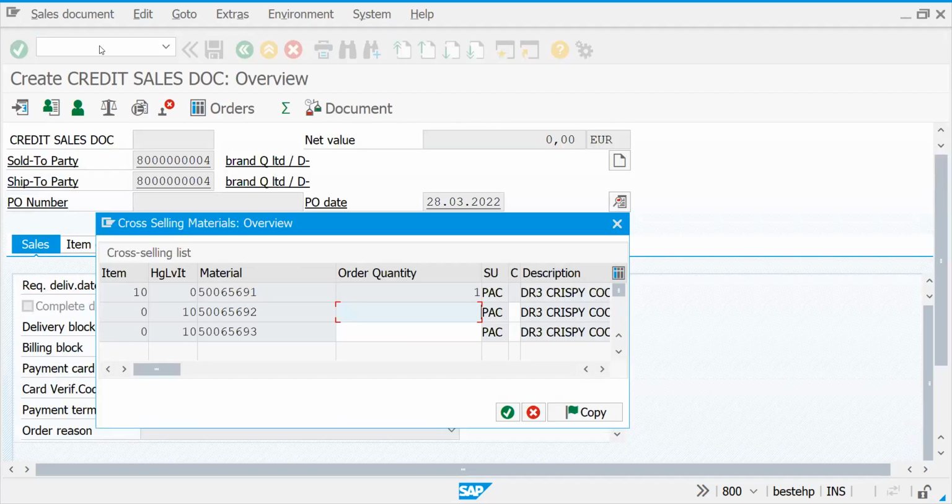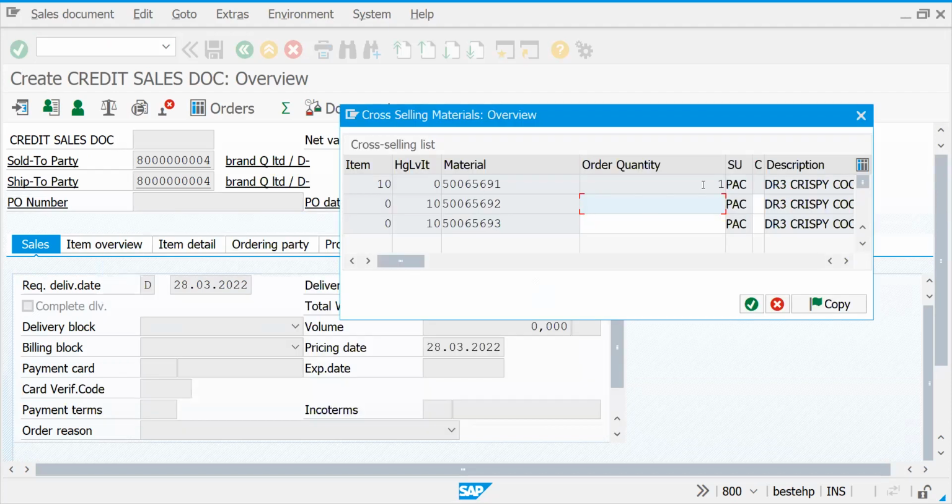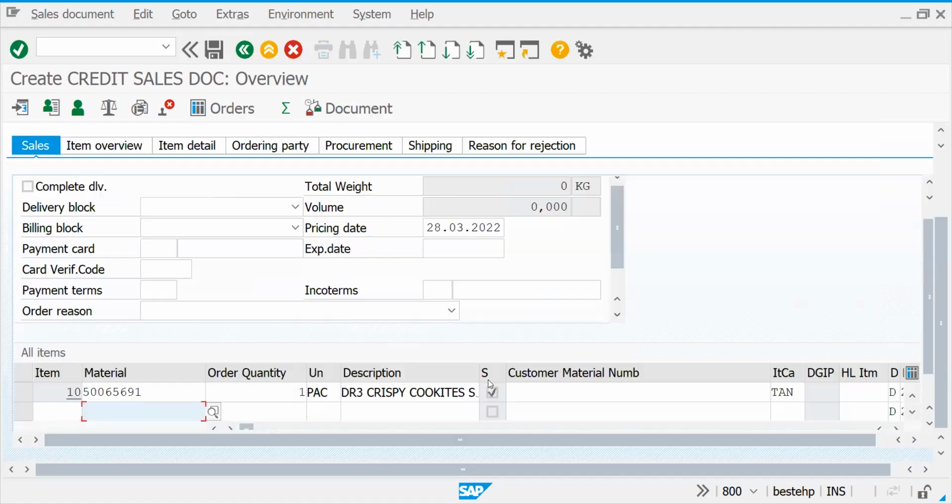See, now you see our cross-selling is working. What is it saying? I'm going to buy 91. One pack I asked. So would you like to buy this one or not? Okay. If you don't want to buy, you simply click cancel. So that you know only this product you are buying. That means assume that this is iPhone 13. With that, you are not going to buy a charger and headphones. Okay, this is your decision.